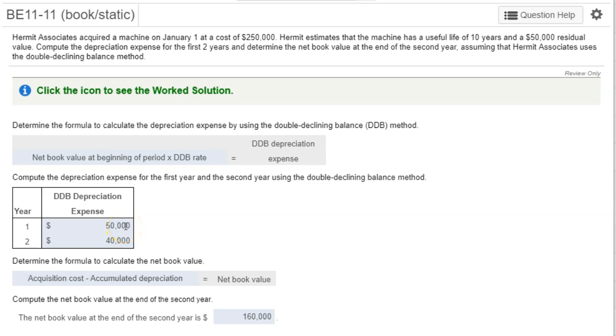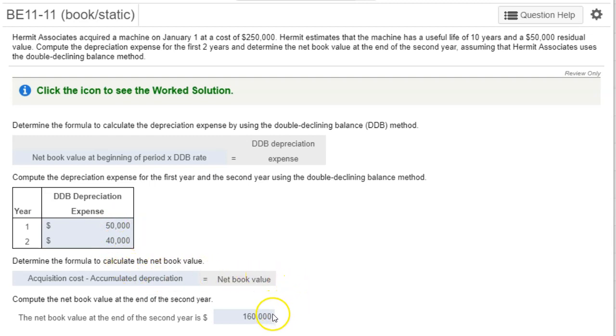Now things get a little bit complicated for year 2. Now we have to find net book value at the beginning of period 2. What we're going to do is we're going to take the original cost, 250, subtract out the depreciation expense of year 1. Now we're down to 200. So $200,000 times 20% gives us $40,000. So notice I did not use that formula cost minus residual value in any way here. After 2 years, I take my acquisition cost, 250, take my accumulated depreciation of 90,000, and my net book value